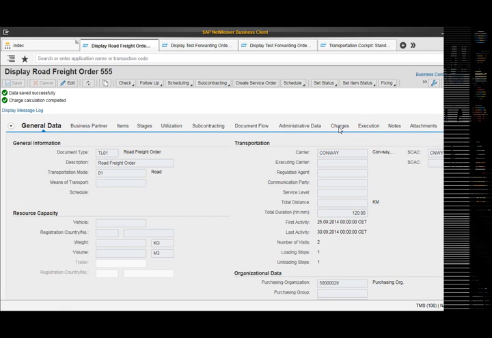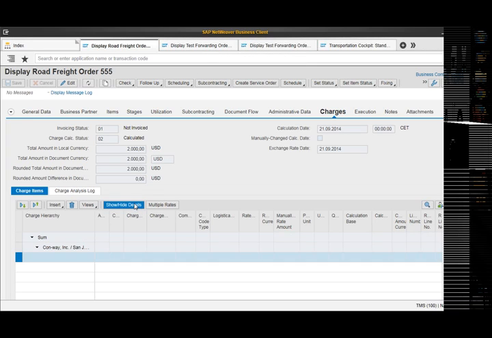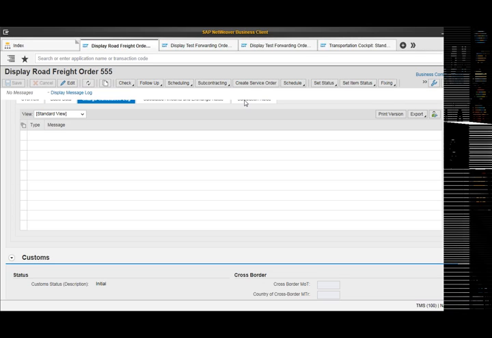So here in the Charges tab, we can see the logistical data. So here in the Calculation Rules tab,